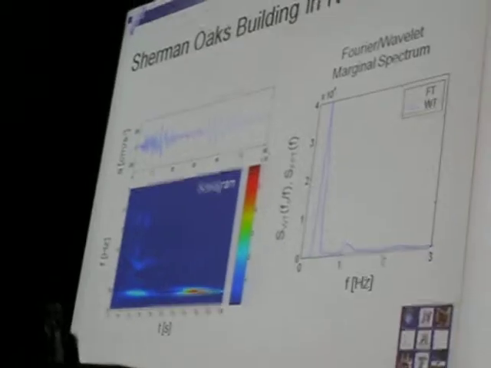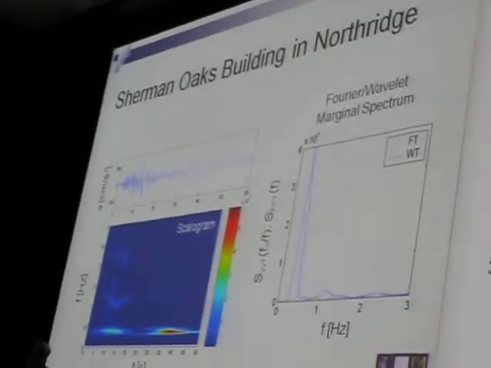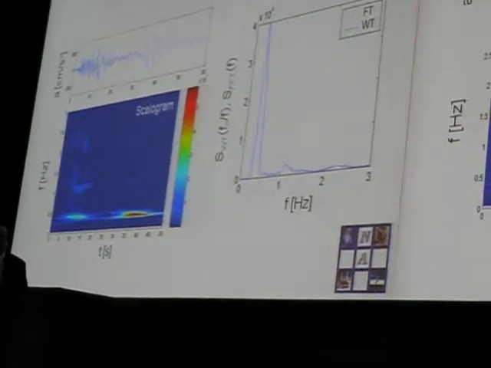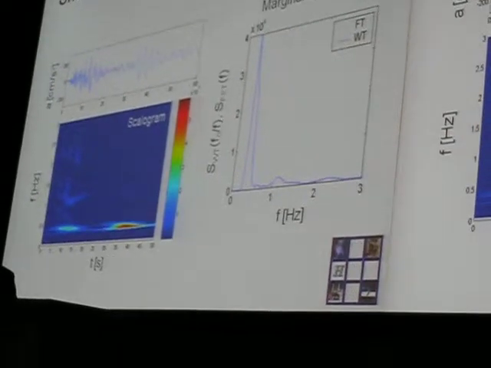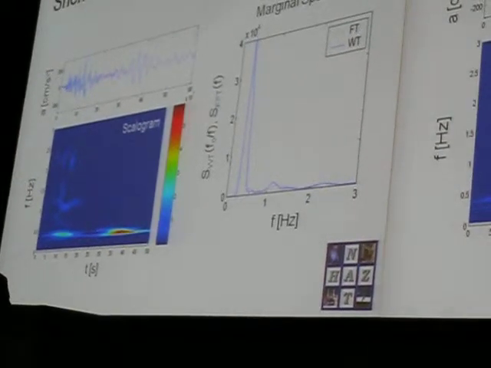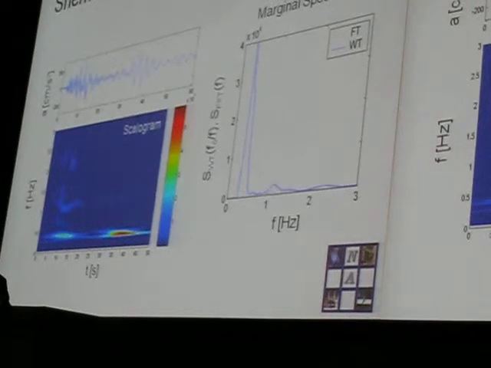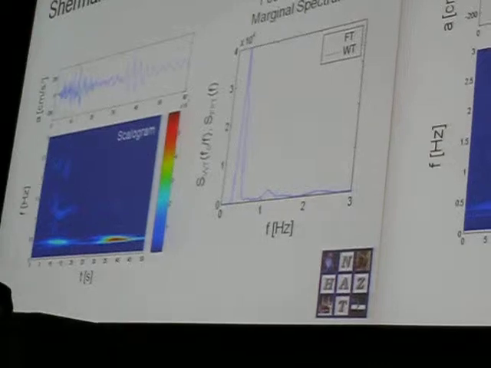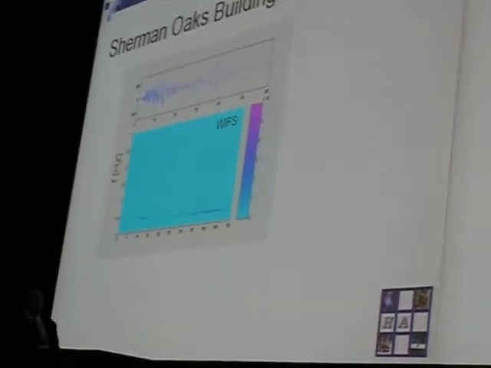Earthquake example, here is the Northridge earthquake for the Sherman Oaks building. This is the time history measured in the building from accelerometer. And as you can see, this is the scaleogram, the top view again, and these frequencies are present all along the time period. Then here is something, second mode and third mode. Power spectral density will give you first, second, and third mode. And let's zoom in on this particular one a little bit more. And we are now using, instead of that scaleogram from MATLAB, our WIFS, which gives you a much crisper description of what is happening or the energy content in the signal.